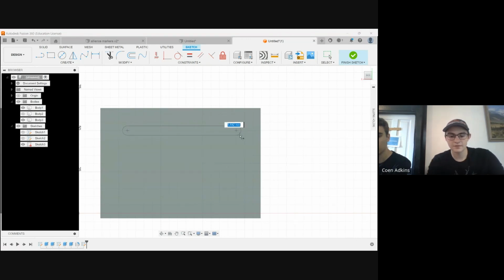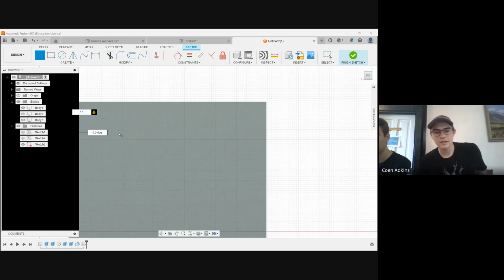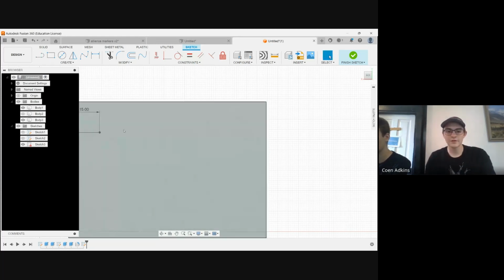Once you have your slot, try and measure it out. This is how I like to do it. You bring it down by 15, and then create a hole out by 15 again, and this should allow you